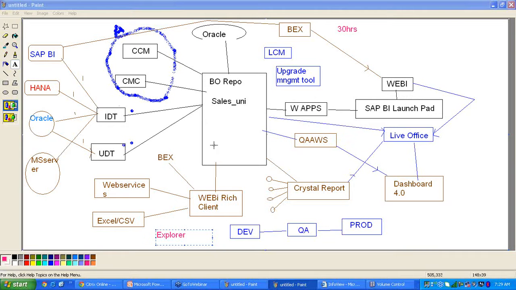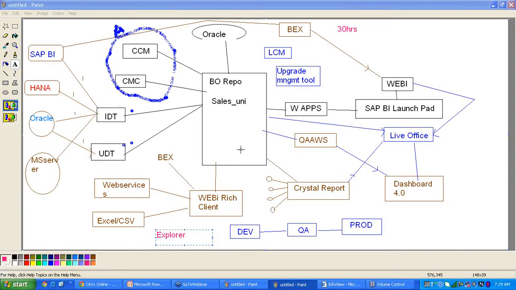But still, if any requirement comes in future when you are in a project, you have to be ready to take up this activity. So I am including all the other tools: Crystal Reports, dashboard, and another tool, the 3.1 Desktop Intelligence tool, which is permanently removed in 4.0.